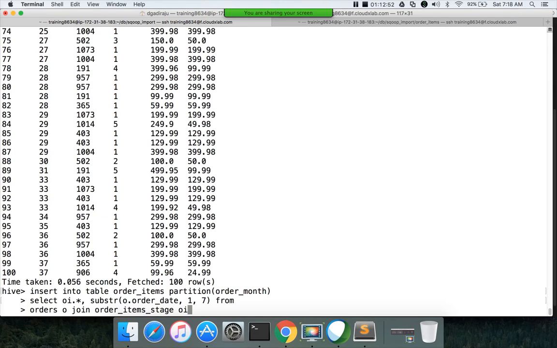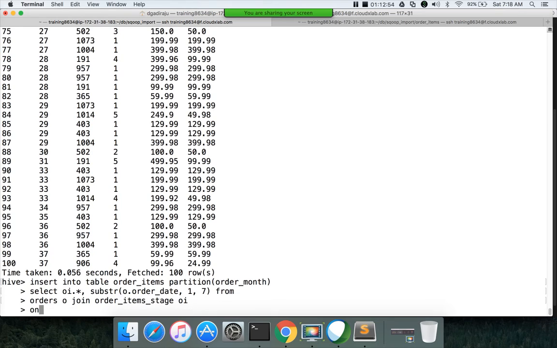These two tables have to be joined on a join key. For that we have to say on. OI has a field called order item order ID. I will explain the data model again later. For now, just understand that if you have to join the data, perform the transformations and load into another table, this is the way to go.